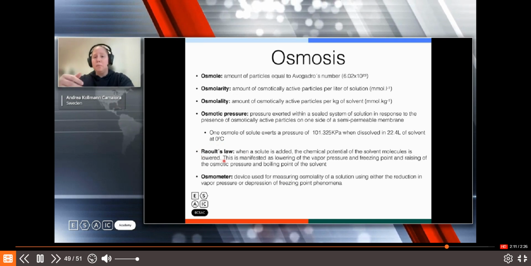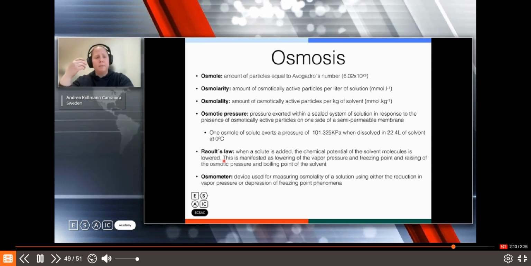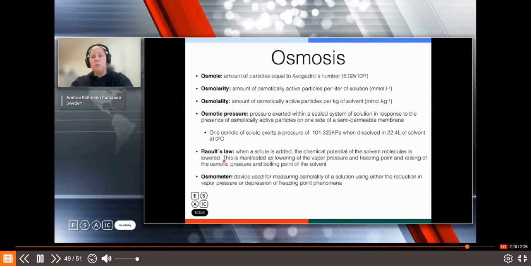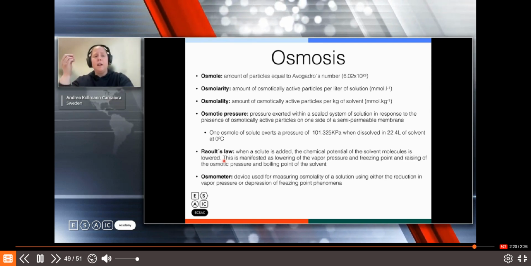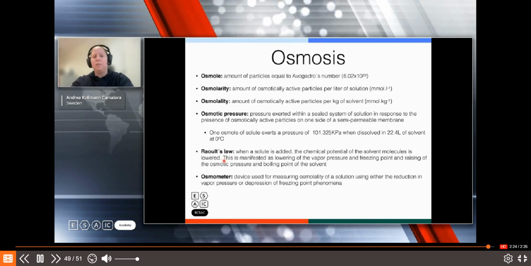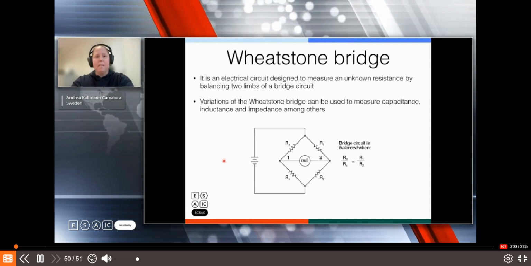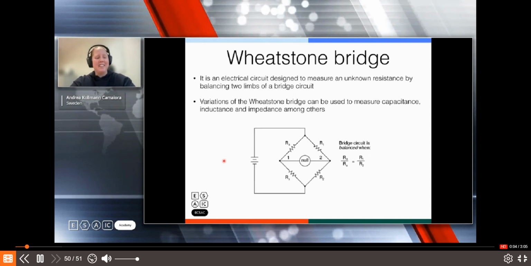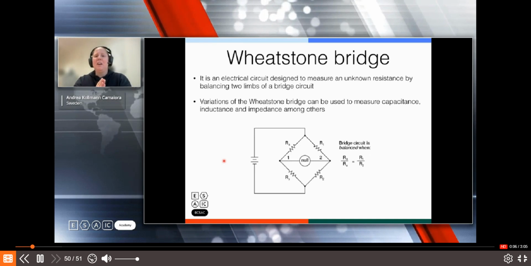So in the exam, they ask you, the osmometer is based on Henry's law. Well, no, that's false. It's Raoult's law. And it uses the increasing of the freezing point phenomena. No, it's the depression of the freezing point phenomena. And I promise you, we're almost at the end of the lecture, and we're just going to talk a moment